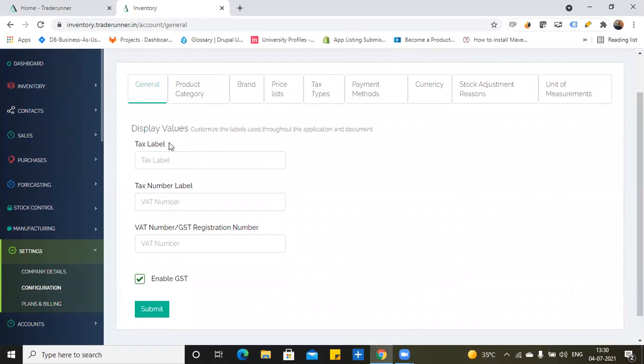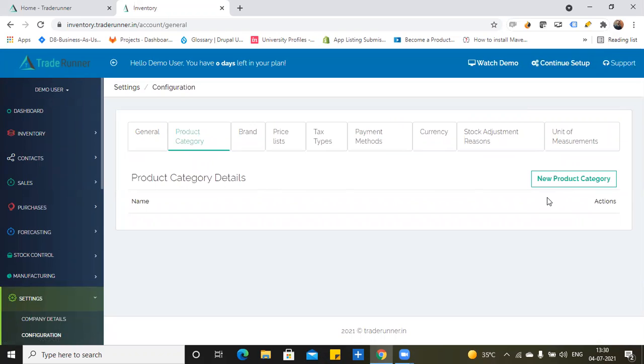You can go to add other details and give your GST registration number and these details. You can give some product category here.